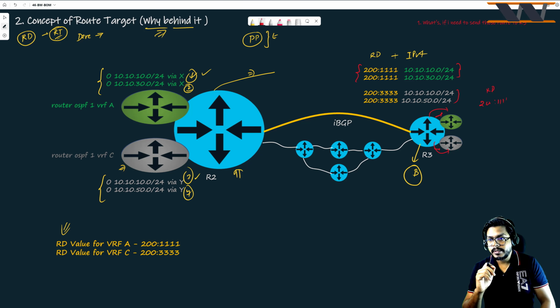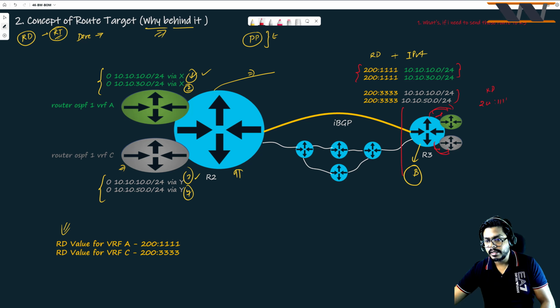But still, we haven't sent the route to the destination on the basis of RD. And you know why? So now here, basically, what is going on? My problem was how to send this route from the BGP process back to this green VRF and to